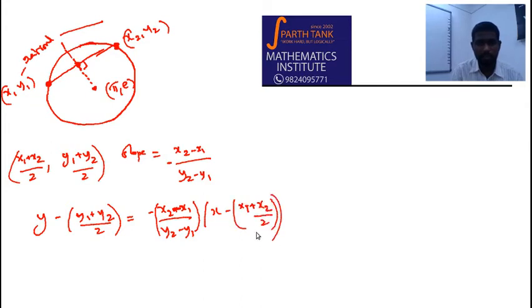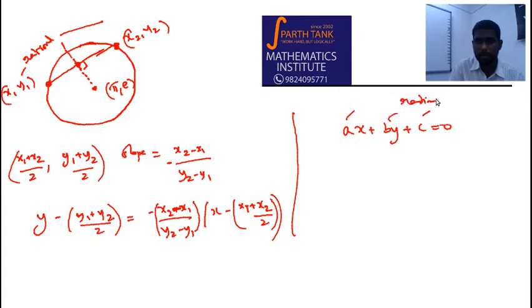Now you see this equation, everything is a rational number. This is a rational number, rational number, rational number. So I can say this is going to give me one equation of the form ax plus by plus c is 0, any line of this form where a, b, c are all rational. Now as I told you, this line ax plus by plus c is the perpendicular bisector. It has to pass through pi comma e. So if I substitute that here,